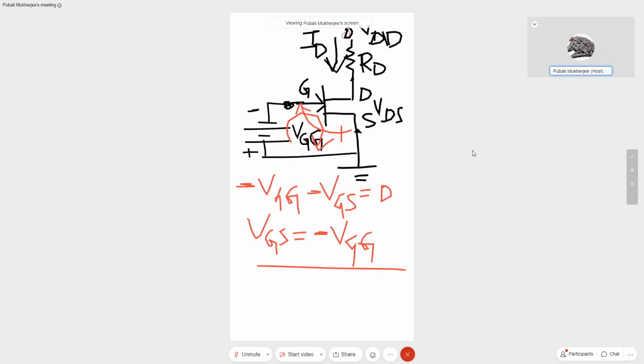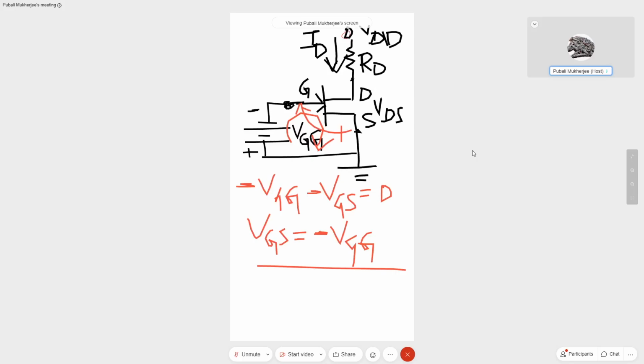Another important equation that we will be using in this particular situation is one which you also saw, or rather we used not very much, but at least I think you saw it in the previous semester. That is an equation using IDSS. What is IDSS? Does any one of you remember what is IDSS with respect to the drain characteristics?